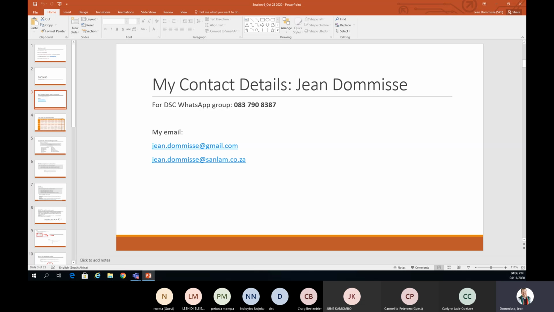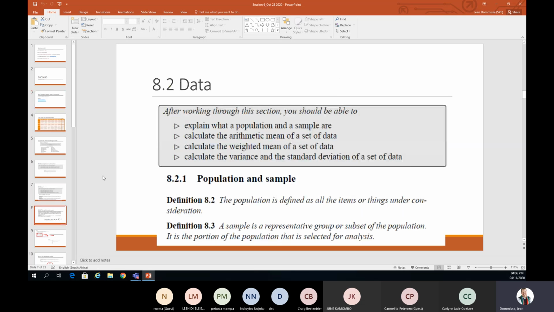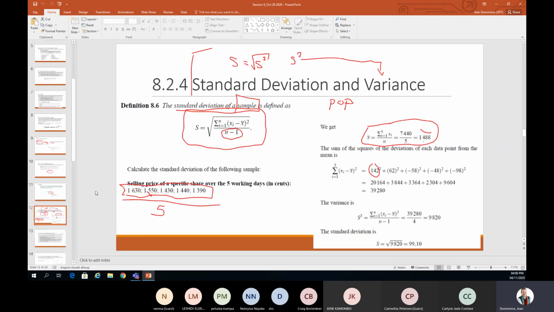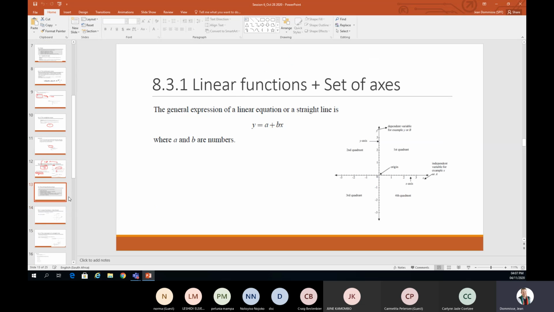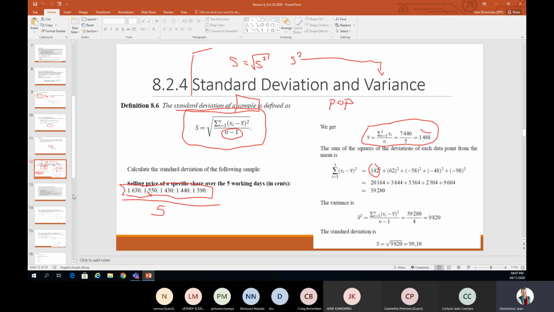Okay, so let's finish this section, and then let's see if we can start with some of the exam examples and some of the photos that have been shared on the group as well. So maybe we can start solving that. But first, let's just get this finished.